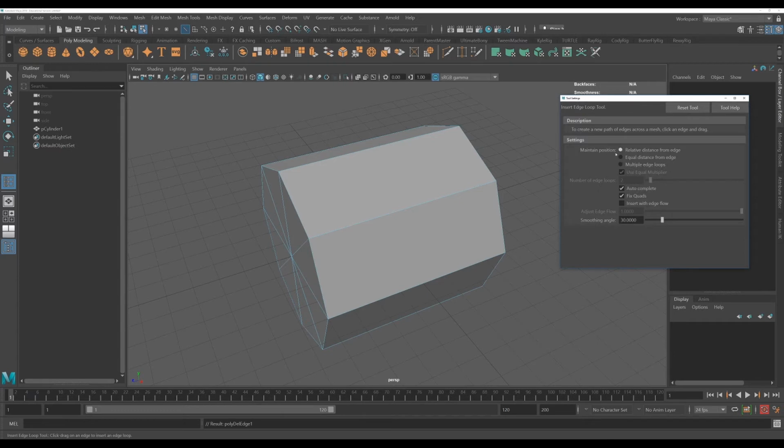Right now it's checked for relative distance from edge, which means I can slide it around and drop it off wherever I want it. If I switch this over to multiple edge loops, I could get 2 at a time or more. And sometimes what I like to do is actually switch this back to 1, because what this will